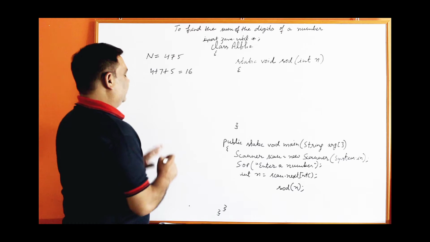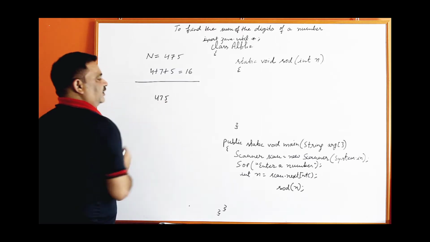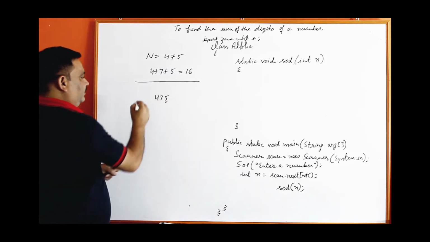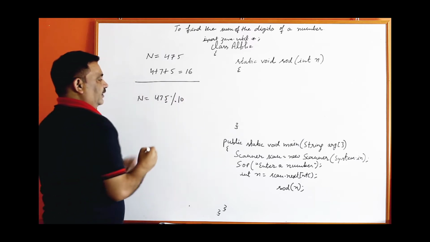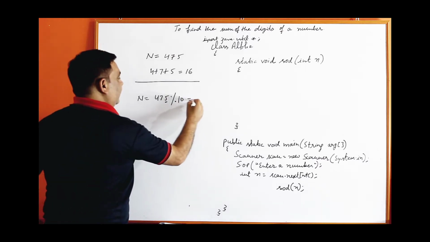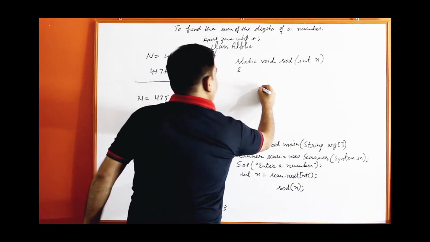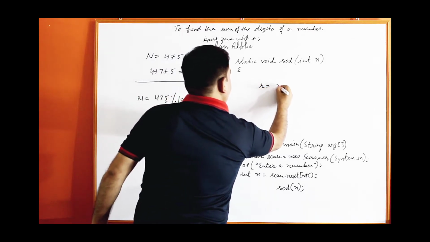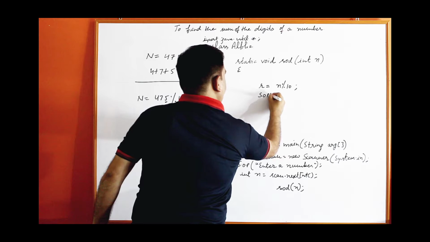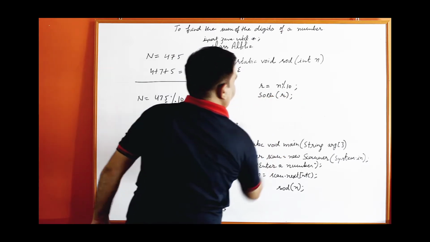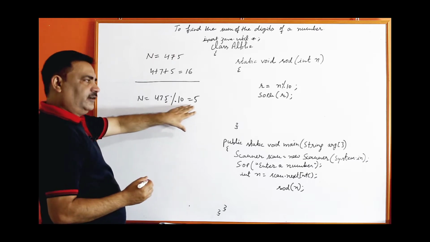First of all, we have to separate the digits. So, again if the number is 475, we have to separate the digits by dividing this number by 10. If I divide this number by 10 to get the remainder, I will get 5. 5 can be printed easily. See, if I write r equal to n modulus 10, System.out.println r, so 5 will be printed. When you divide 475 by 10, you will get the remainder 5.